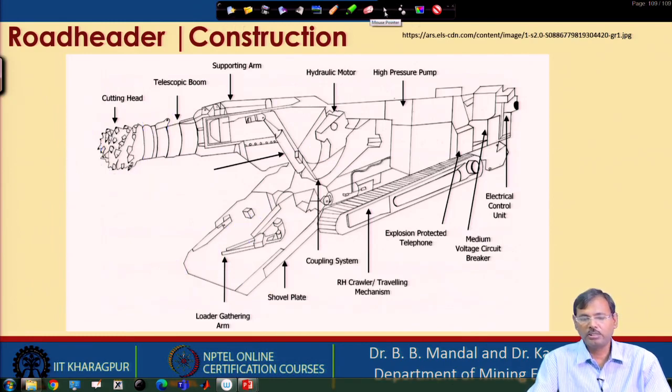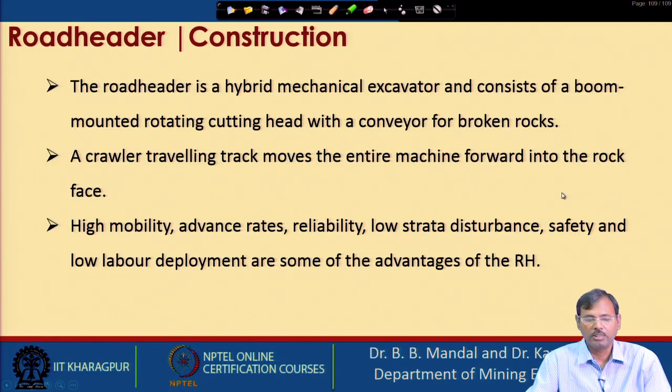Often a road header is equipped with a small storage space, so that the gathering arm can store some of the material in its storage place, and in case of the non availability of the mine car or the LPDT, the material can be stored there. When the mine car or LPDT comes close to the machine, then the discharge conveyor discharges the gathered broken rock from the storage place to the transporting medium.